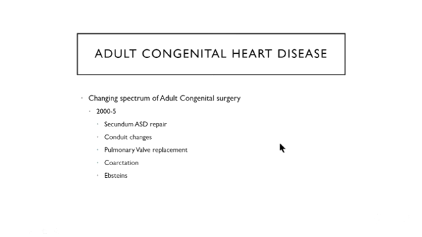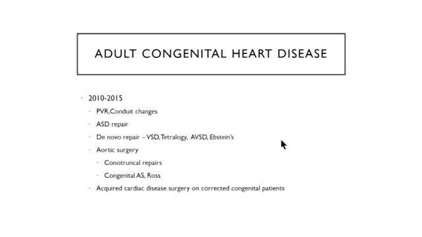So in the early 2000s, adult congenital heart surgery was lots of secundum ASD repairs that we've seen our colleagues, the cardiologists, have nicked, which is a shame because they're fun. And pulmonary valve replacements, the odd coarctation and Ebstein's. And that's really evolved over the last few years, so that we're still doing the pulmonary valve and conduit changes, but what we've started to see is aortic aneurysms in a really complex group of people. So people with congenital aortic stenosis, people who've had Ross procedures in the past, not done with our technique, and